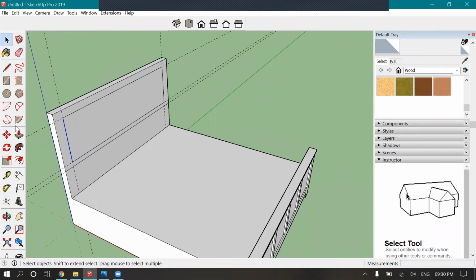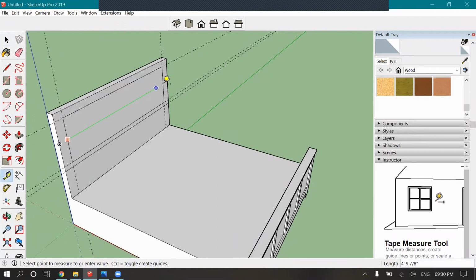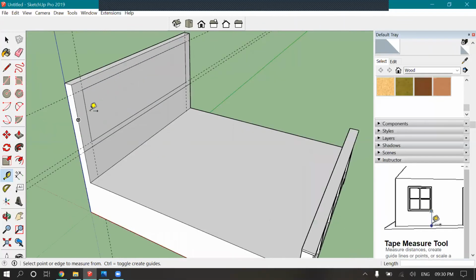Once again, that's the same, again 5 feet 4 inches. So you can divide it into 5 rectangles or 6 rectangles. That's up to you. I'll be doing 4 rectangles in between, so again it will be 14 inches.